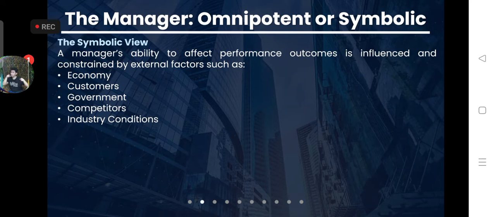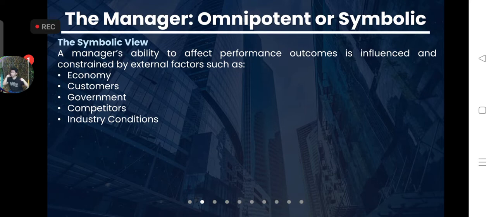Instead, they believe that the performance is influenced by factors over which managers have little control, such as the economy, customers, government policies, competitors' actions, and industry conditions, and also the decisions made by the previous managers. So, for example,